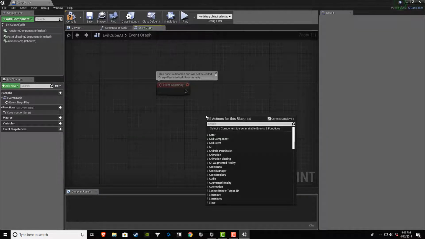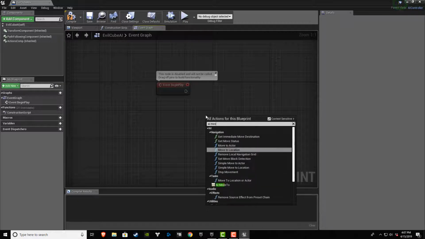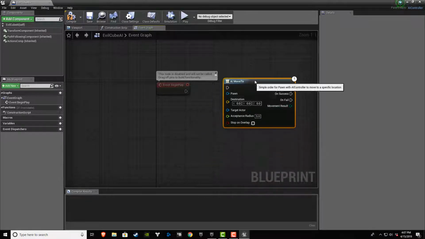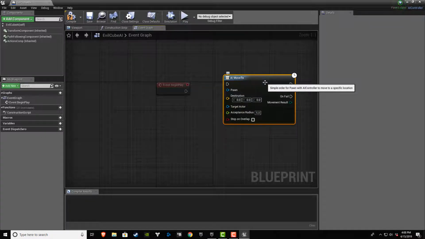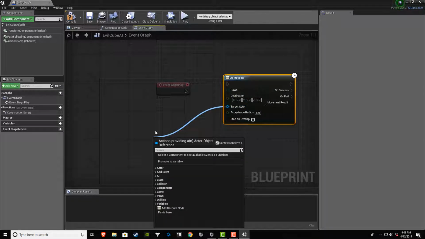Well, what we want to do is we want an AI to go ahead and start moving after the player. So I'm going to right click and type in AI move to, and then you're going to see an item here that says AI move to. This is a pre-built series of functions and other blueprints under the hood created by Unreal that makes working with artificial intelligence very easy. And so what we want to do is we want this artificial intelligence to come after our character. So what I'm going to do is I'm going to drag from target actor, and I'm going to type in